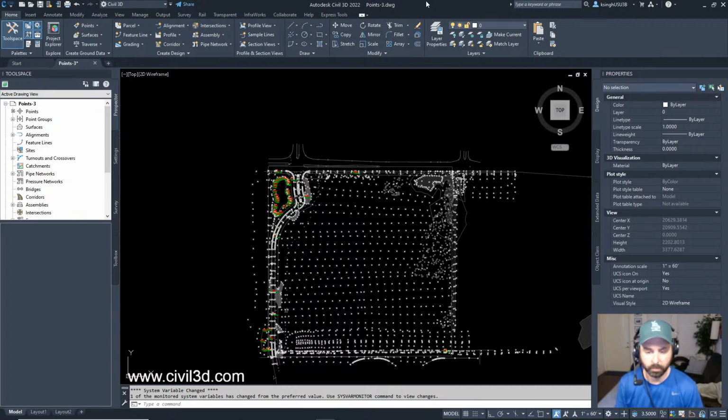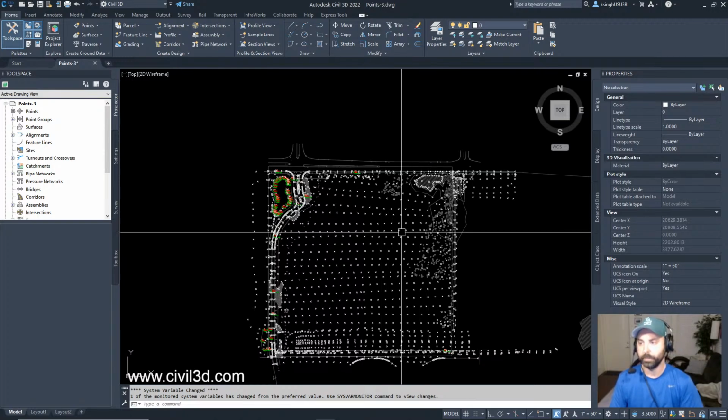First, we're going to be changing the point style. This exercise uses the points-3 drawing, which is similar to the drawing you used in the other exercises for displaying and editing the points tutorial. We'll open up the points-3 drawing, which is located in your tutorials folder, and then we're going to locate